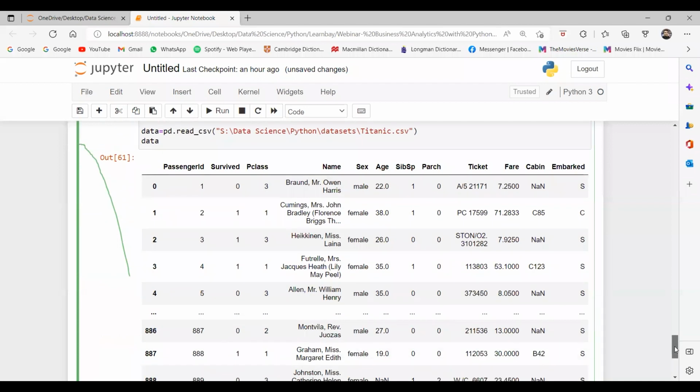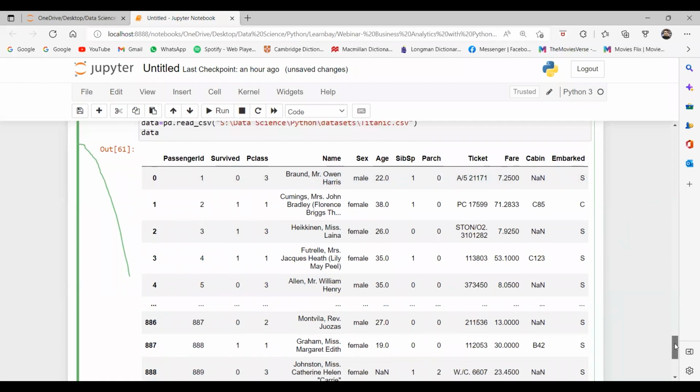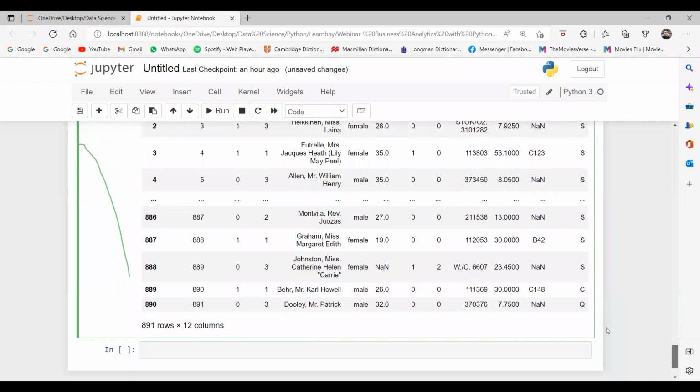Can you read the column names? Passenger ID, survived, P class, name, sex, age, SibSp, parch, ticket, fare, cabin, and embarked. These are column names. And these are the row indexes we are having, 1, 2, 3, 4, and so on. So how many rows do we have here? 891 rows and 12 columns.